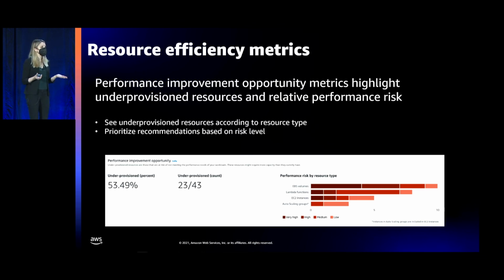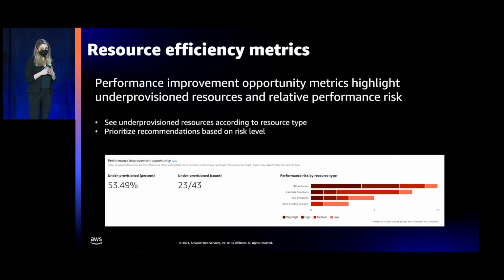So you might have two accounts that have similar under provision percentage, but it might be a difference of 100 resources versus 2. So it helps you better understand that scale. And it further breaks down the count of under provisioned resources at a resource type level and categorizes them based on performance risk. Compute Optimizer actually calculates an individual performance risk score for each resource dimension. And it does that by looking at the proportion of time over the historical look-back period that capacity might be constrained across those dimensions.